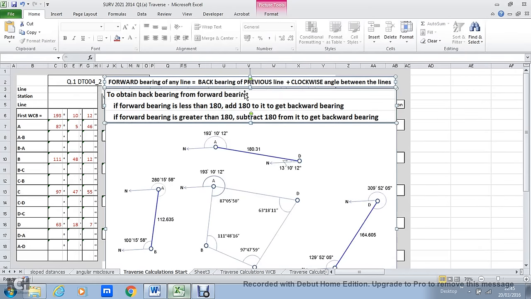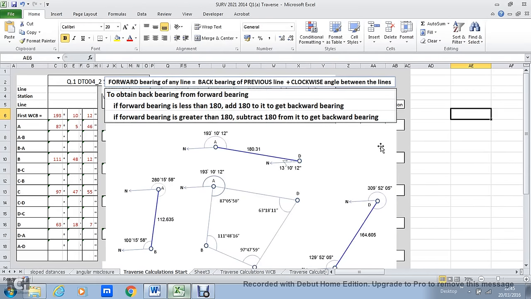So if I come to the spreadsheet, I've copied out a few things from your notes here. The first definition is: the forward bearing of any line is equal to the back bearing of the previous line plus the clockwise angle between the lines. So if we look at this forward bearing, we've been given the forward bearing from A to D is 193 degrees, 10